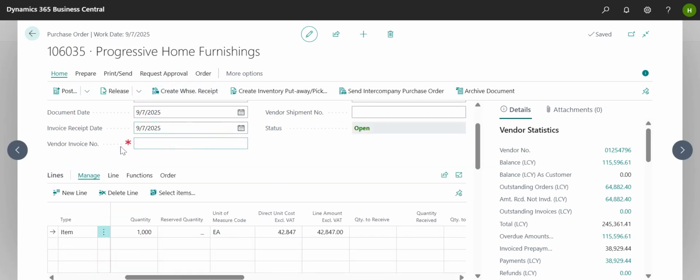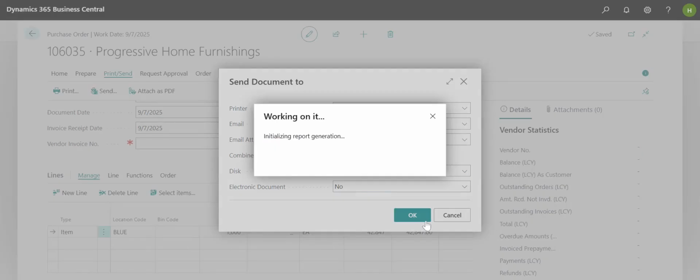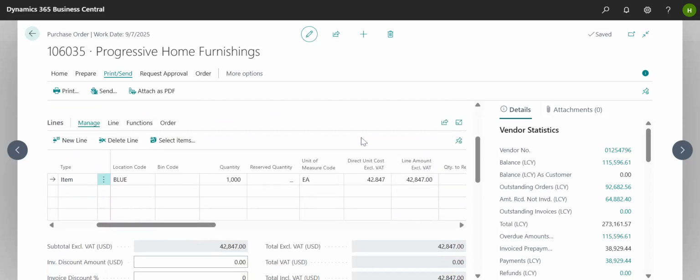But wait, before you proceed to create a warehouse shipment for this, you have to send this PO to the supplier. So what you'll do, you'll print it and send it directly from here to the supplier. So just input the email, okay? The email will be auto-populated from the vendor card and we select OK. And it will send. So you don't have to go to email and do a lot of things. It will just do it from here. Okay, now that the email is sent,